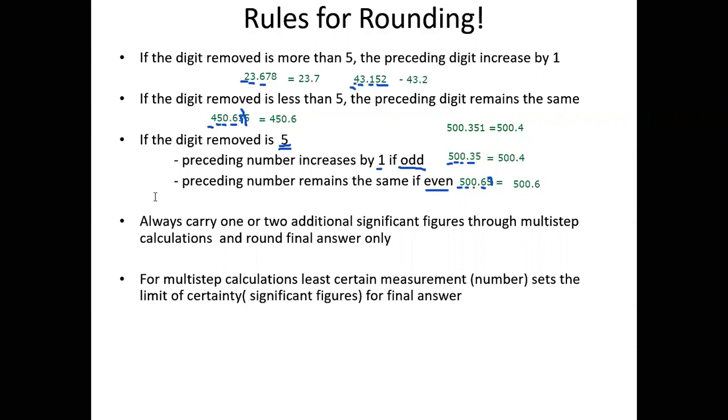And then the last tip is when we're doing multi-step calculations, we look at the numbers that we originally started with and determine which one has the least number of significant figures. That will determine the number of significant figures in the final answer. And we'll be doing that a lot today when we're doing our conversions between metric and English. But just to give a few examples of rounding,